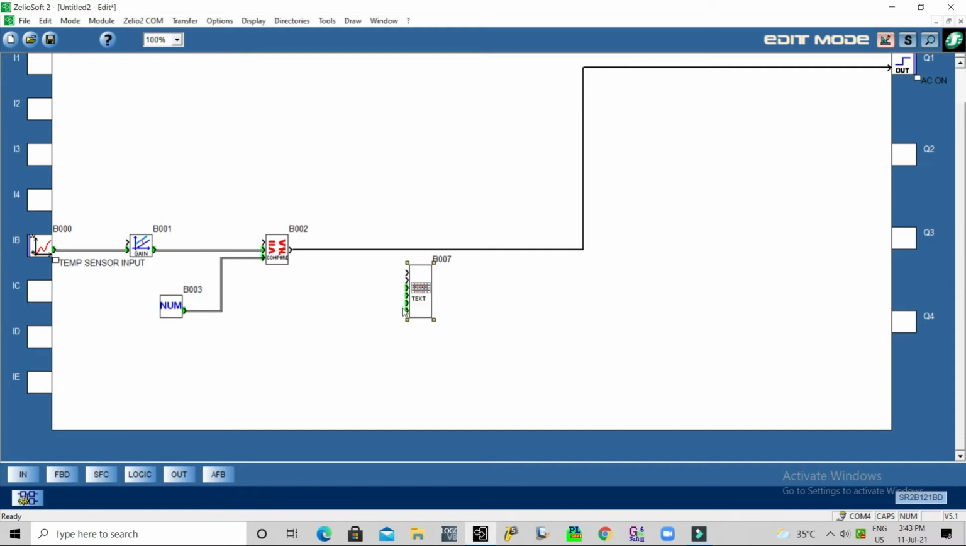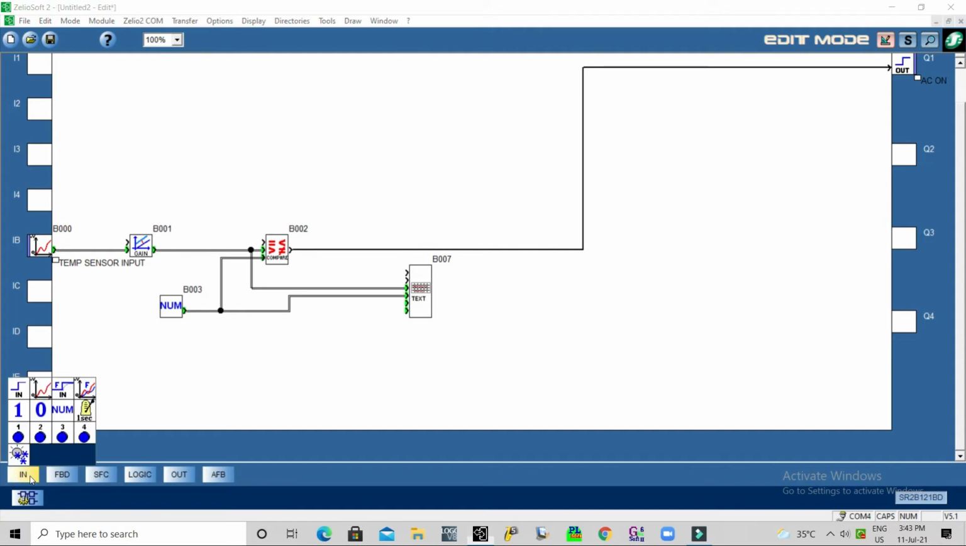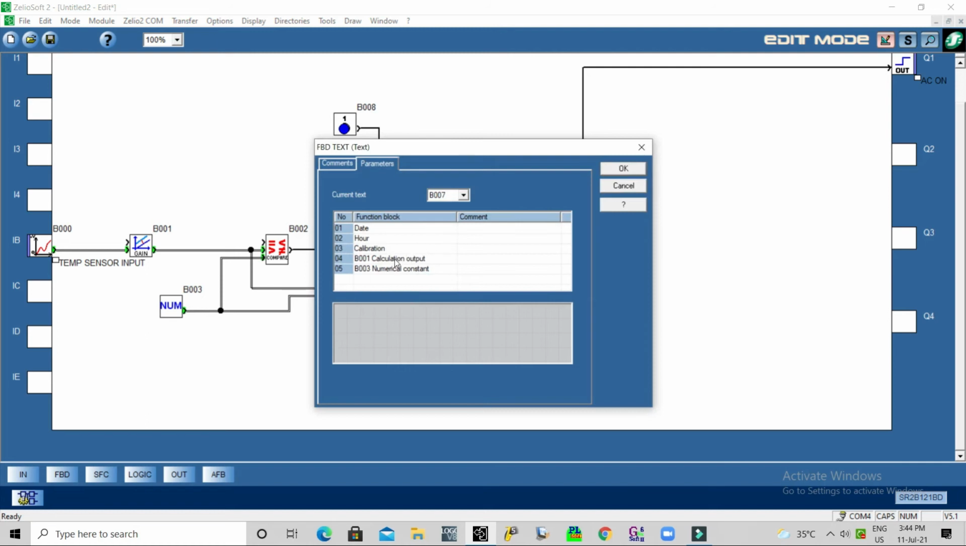In this select text block, for value 1 I will give the sensor value, and for value 2 I will give the set value. For accessing this I will give one key input. By pressing the key input we can access this text input. So this first input will be the room temperature